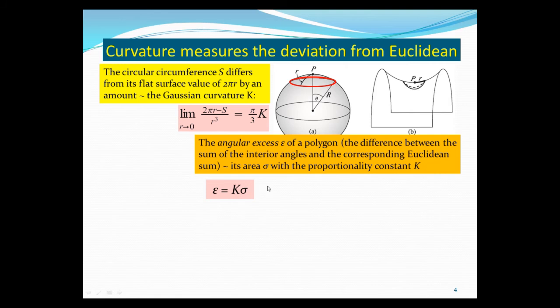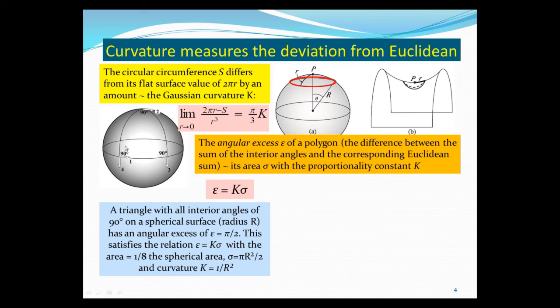In particular, the simple case, the triangle. Let's consider a particular simple triangle: a triangle on a spherical surface with each interior angle being 90 degrees. So this has angle excess of 270 minus 180 degrees, so the angle excess is 90 degrees. This satisfies the relation because the area of this 90-degree triangle is 1/8,